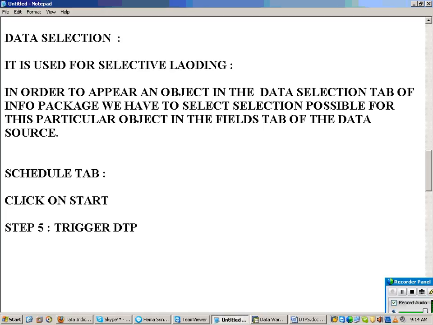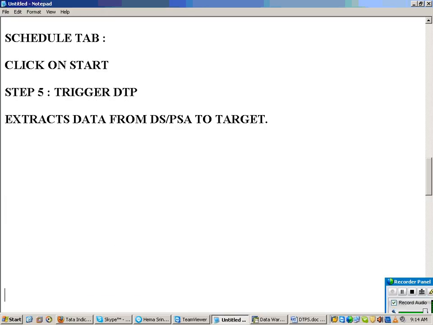It extracts data from the data source, the PSA, to the target. From your PSA to target.